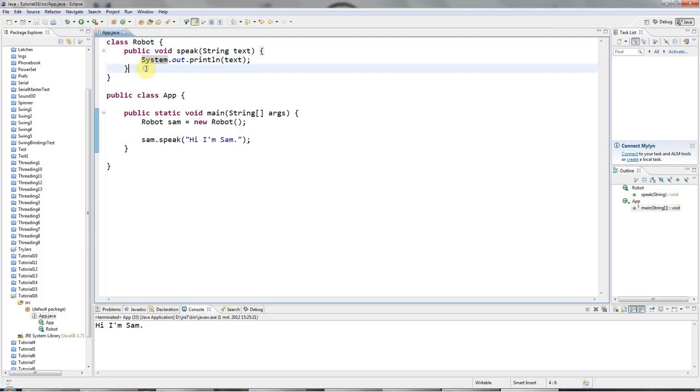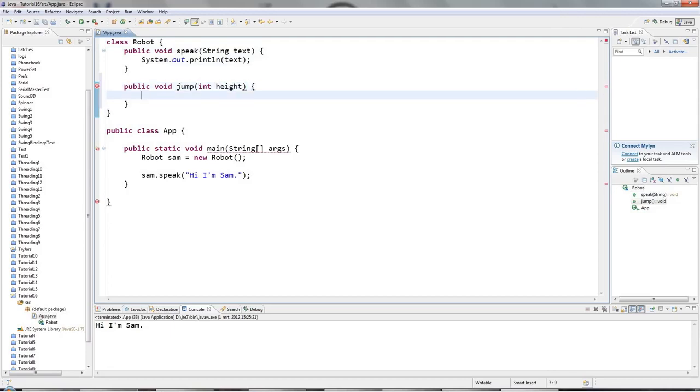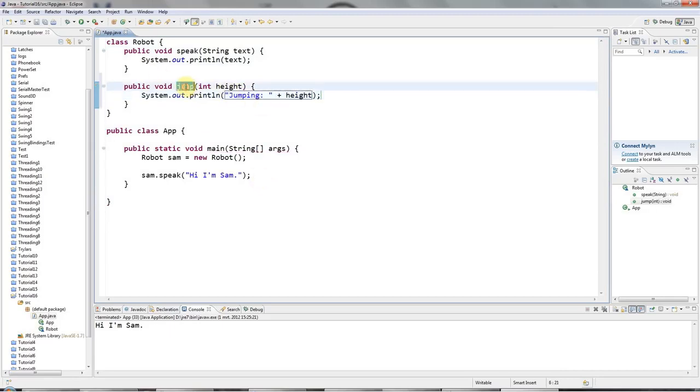And let's look at how you do that with an integer. So if I want to say public void jump, and I want to tell it how high to jump. So int height, and I'll just output what I'm doing here with sysout just to show you it doing something. So I've said that this method takes one parameter of type integer, and outside of this method